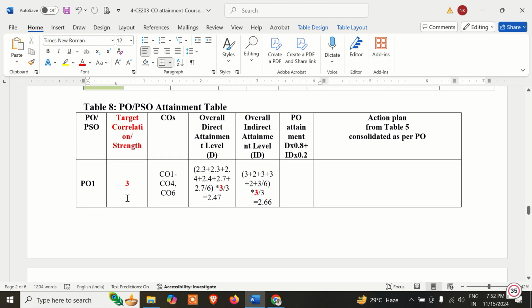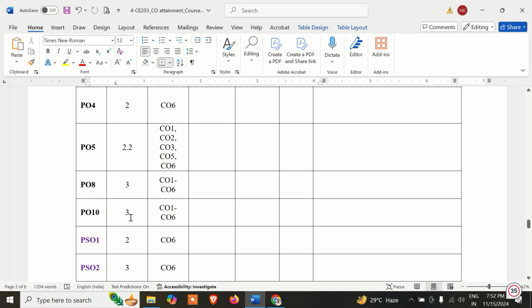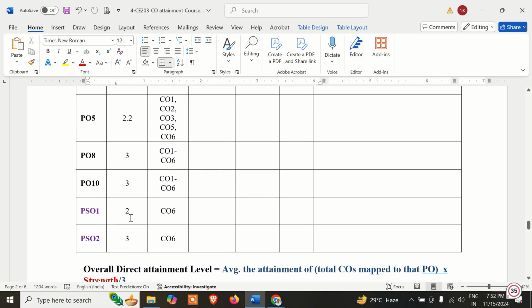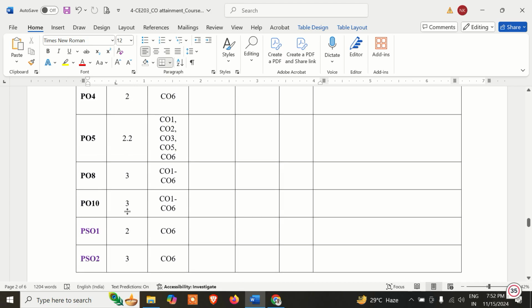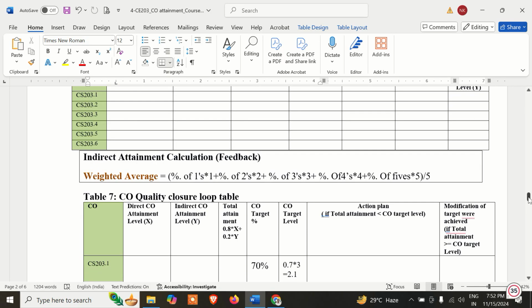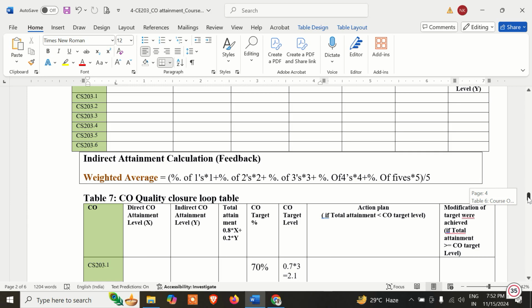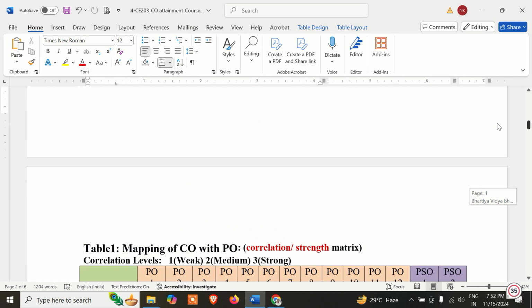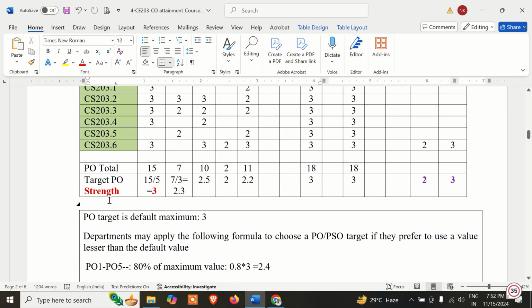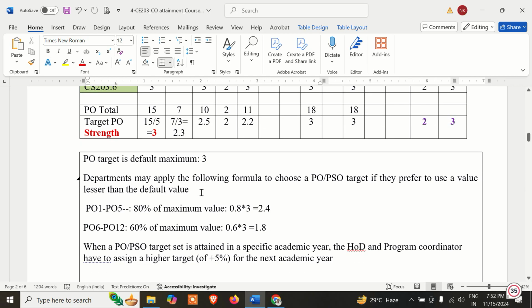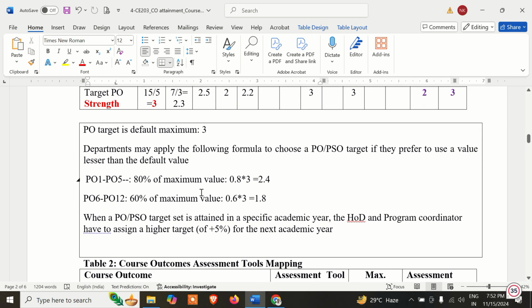So this first column, target correlation or the strength, is the first column of various POs which are mapping, and also various PSOs it is mapping. The strength is coming from the first table. So for the last table, the first column is coming from the first table, the last row. However, like I said, while calculating the target, maybe you can also think of some percentage in terms of 70, 80